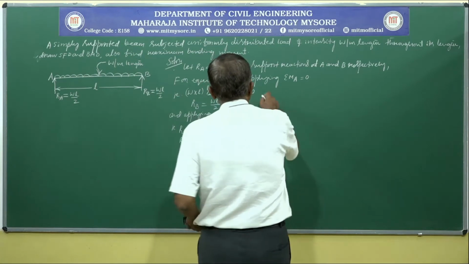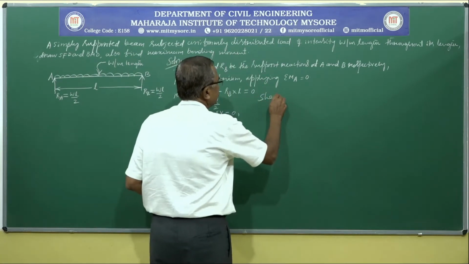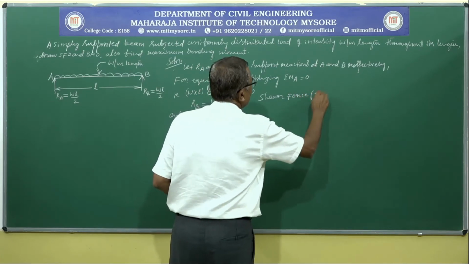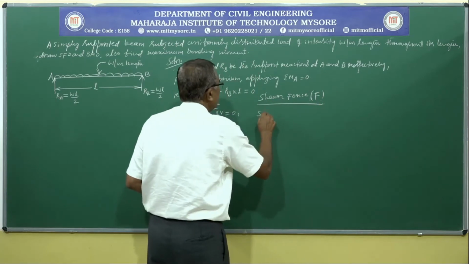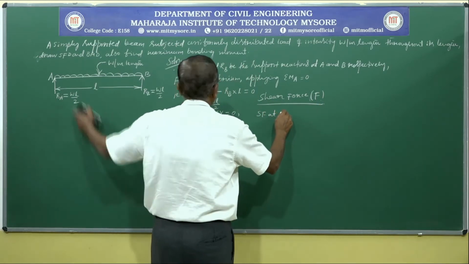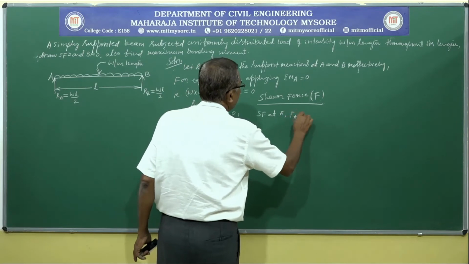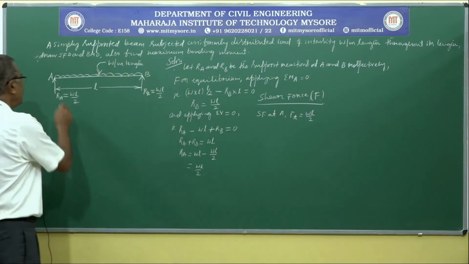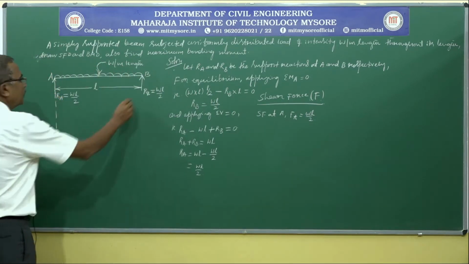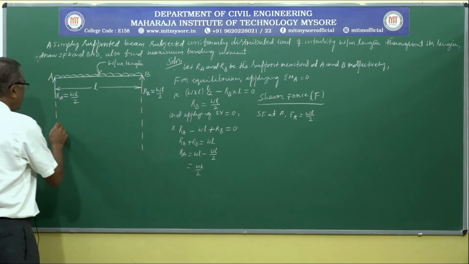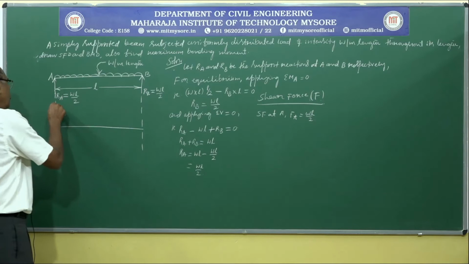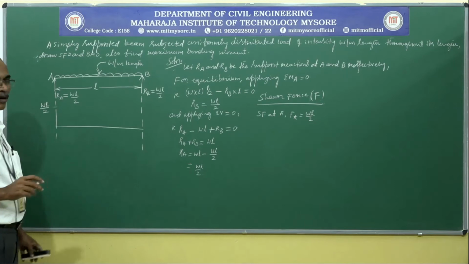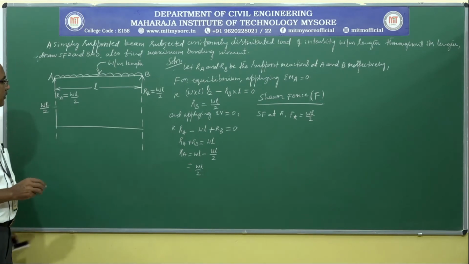Now, shear force at A, FA is equal to WL by 2. You can draw the shear force diagram first and then you can mark the values. Draw the reference line, go up vertically. I am limiting my explanation because we have solved different problems already, so that we can go faster.